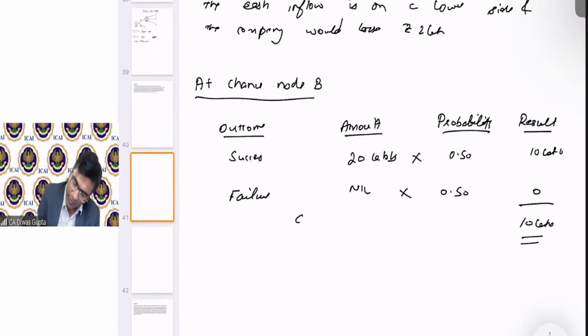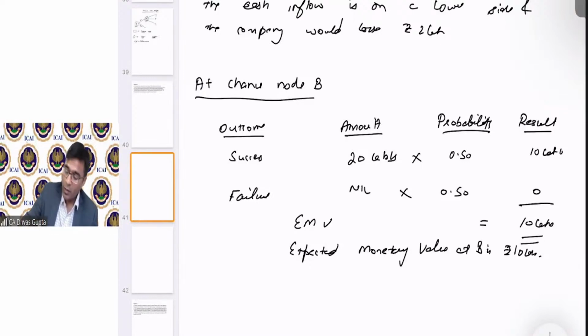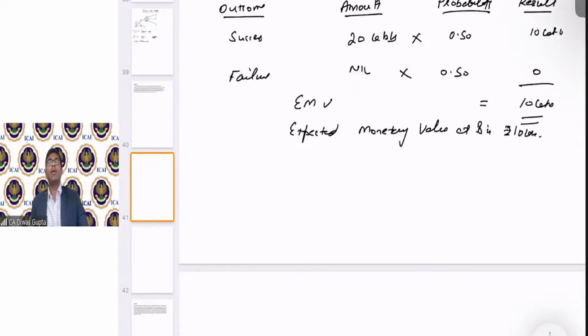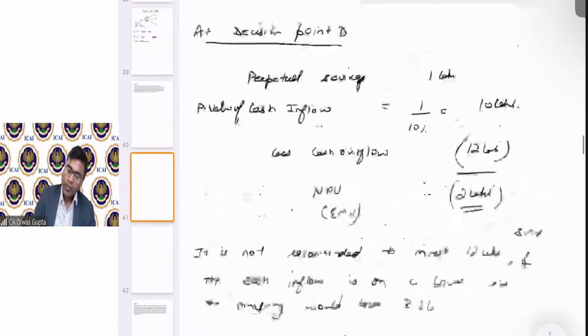So this becomes our EMV, expected monetary value. So students, now note, since your expected monetary value at node B is 10 lakh rupees,